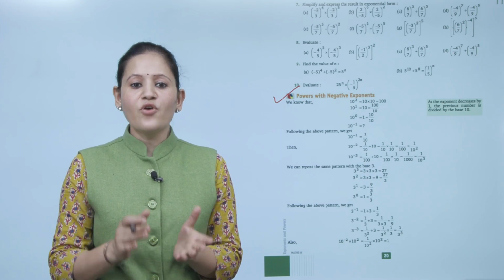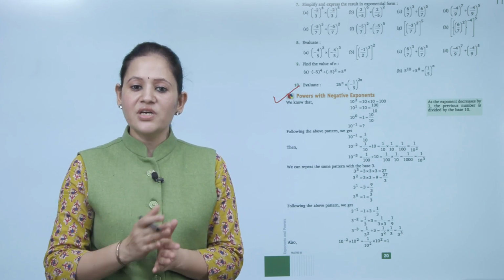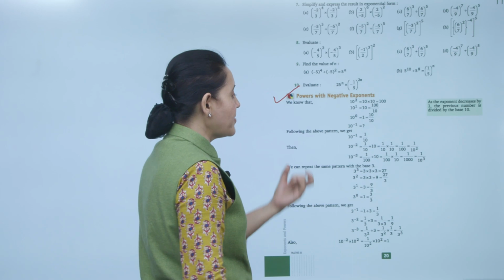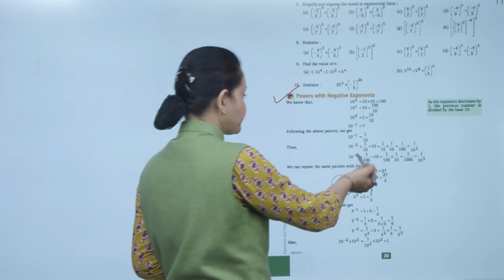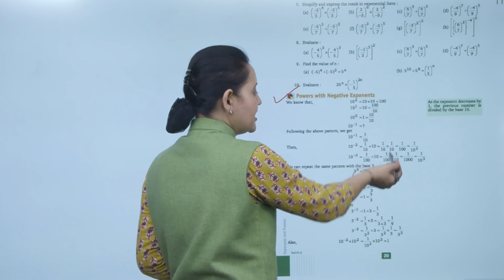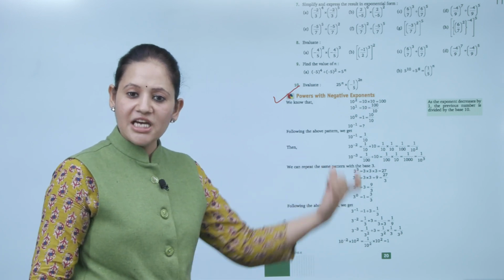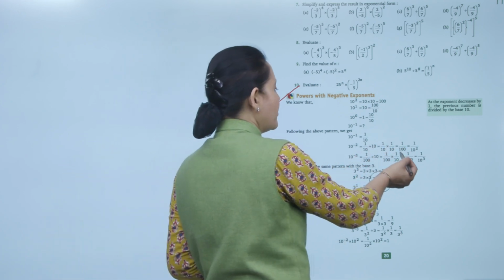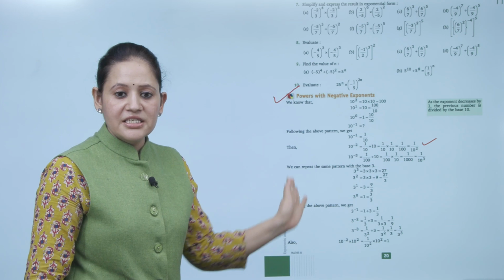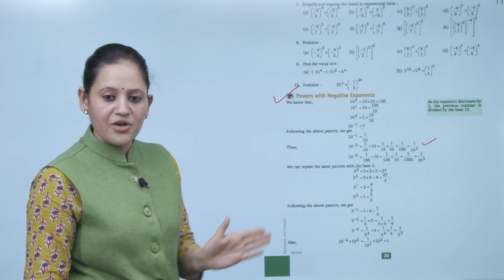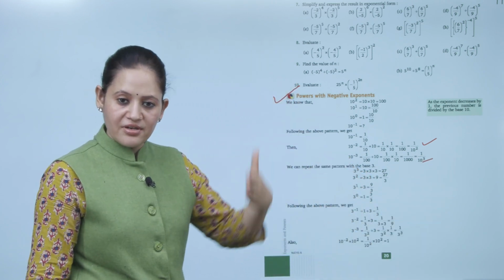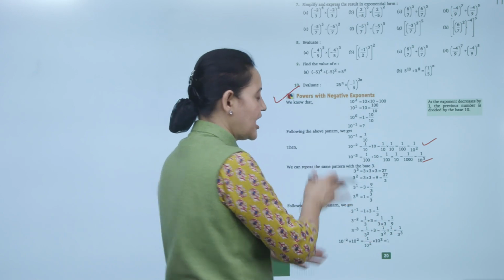What is that? So following the above pattern we get 10 to the power minus 1. It is a negative power, so we'll take it down, means we will move it to the denominator: 1 upon 10. 10 to the power minus 2, so we'll write it as 1 upon 10 divided by 10, 1 upon 10 into 10, because 10 to the power 2 comes down, so what will the power become? Positive. So 1 upon 100, or we can write 1 upon 10 to the power 2. Same, 10 to the power minus 3 can be written as 1 upon 1000 or 1 upon 10 to the power 3. Whenever the exponent of a power is negative, we will take it down to the denominator and it becomes positive.